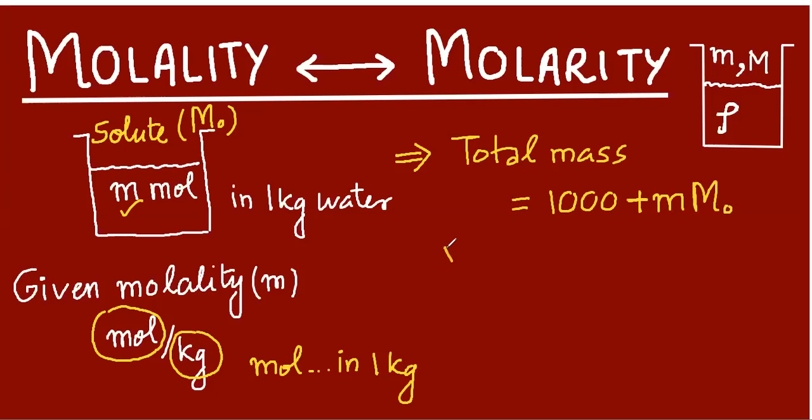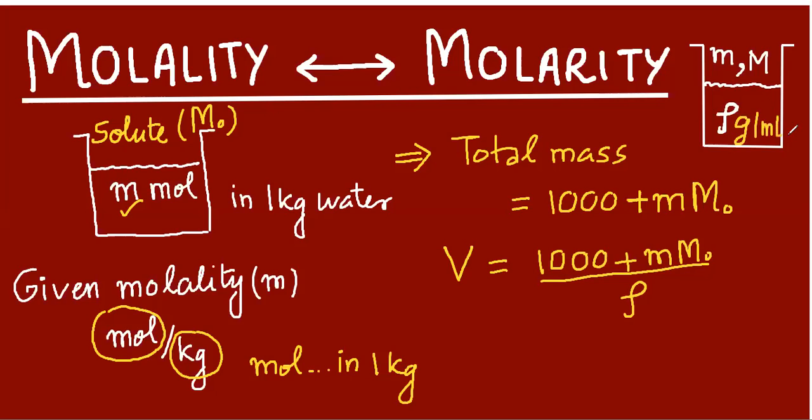And you know that volume of solution can be easily obtained from this total mass if you use density. So you divide this total mass of solution by density, provided that density is in gram per milliliter, I would say. So the answer of volume will come in milliliter, and there you are. Now you can do the final thing. Let me just create a space for that.